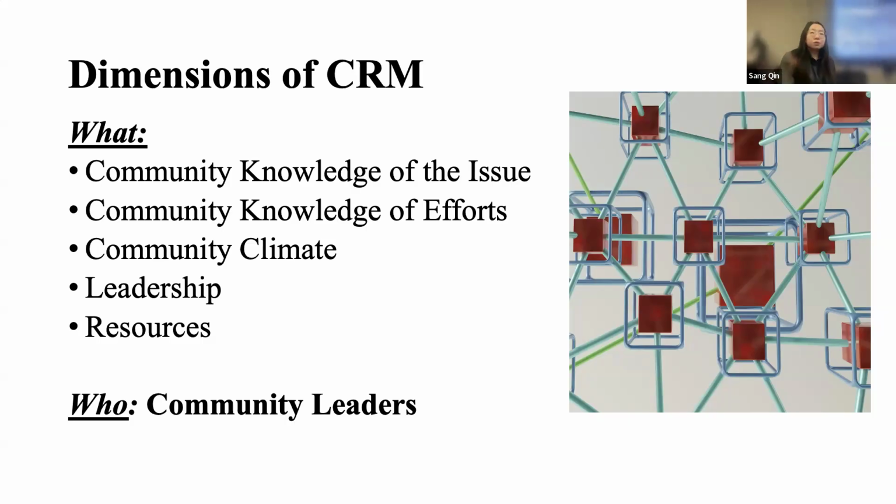And then we come to the resources. What resources do we have? Maybe we're talking about financial resources, the different donations from the community. But in addition, we're also talking about volunteers, whether the community has volunteers who want to serve in certain programs. Do we have trained personnel to deliver certain interventions? Those are the resources we're talking about. So we're assessing the 5 dimensions to answer where the community is in terms of readiness, but the ones providing the information for us to do the assessment are the community leaders.